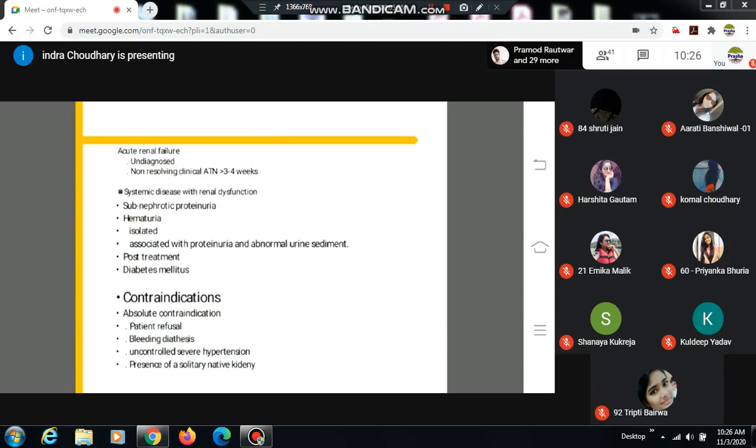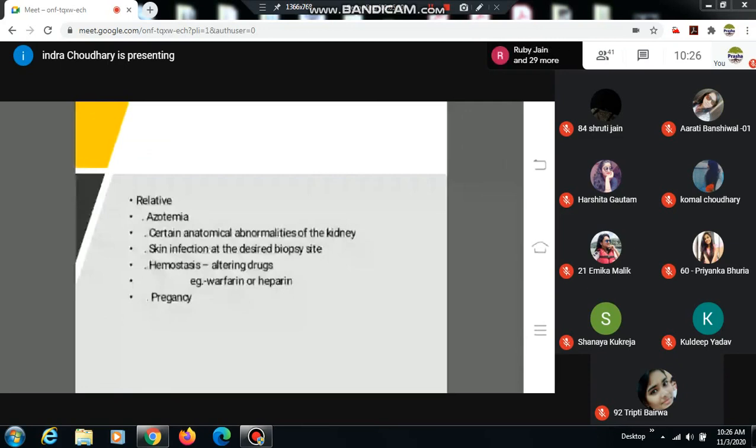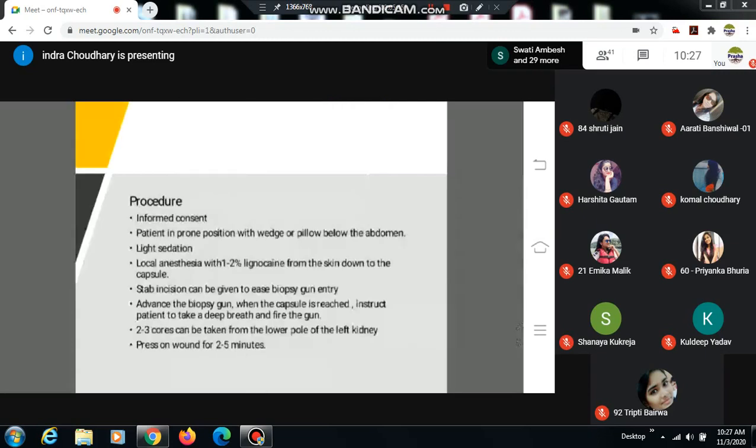Contraindications. Absolute contraindications: patient refusal, bleeding diathesis, uncontrolled severe hypertension, presence of solitary native kidney. Relative: azotemia, certain anatomical abnormality of kidney, skin infection at the proposed biopsy site, hematosis, anticoagulant drugs, warfarin or heparin, pregnancy. Procedure. Informed consent, patient in prone position with wedge or pillow below the abdomen, light sedation, local anesthesia 1-2%